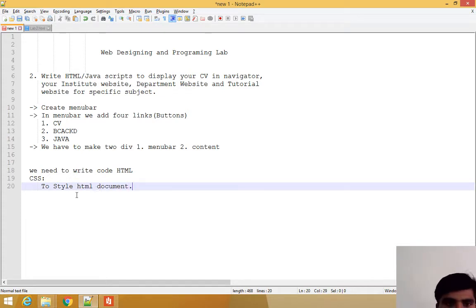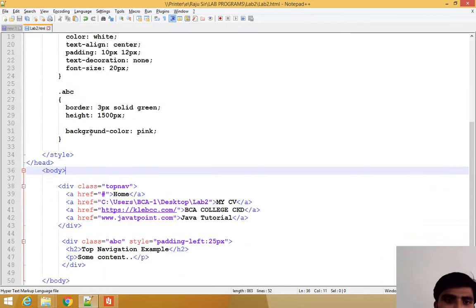CSS is the Cascading Style Sheet, you know already. Why do you need CSS? To style our HTML document how you want, for example coloring the font, resizing the font, width, height, whatever you can use in CSS. Now let us discuss one by one.